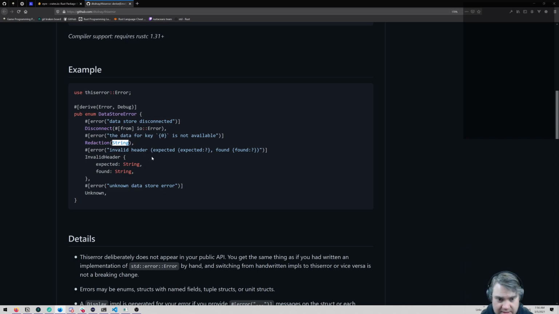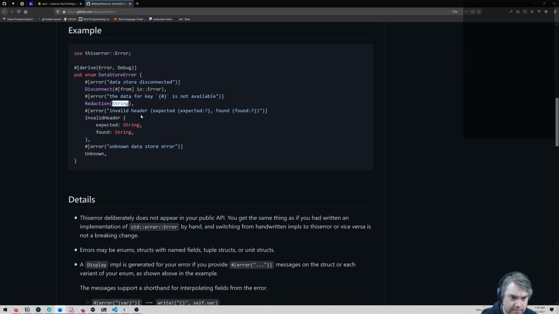The strings might be nice. Oh, this is nice. Okay, look at this. Error: invalid header, expected, found. Okay, so invalid header is an anonymous struct. This one looks nice, actually.